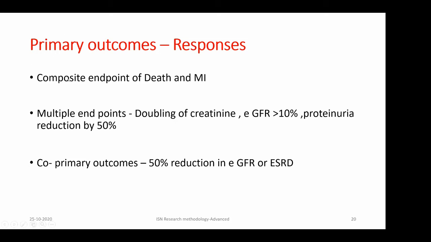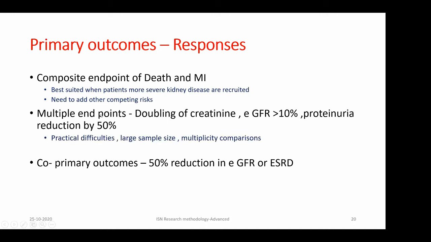Suppose you are going to have a long trial, and you have sufficient support to run a trial lasting at least 3 to 5 years, then probably you can keep a composite endpoint of death and myocardial infarction. But when keeping death and myocardial infarction, you need to take into account other competing risks. Some of them might get a preemptive kidney transplant. Some of them might become end-stage renal disease. So rather than limiting to death and myocardial infarction, you need to add other things like preemptive kidney transplantation, end-stage renal disease, and maybe sometimes a 50% reduction in GFR in the composite endpoint.